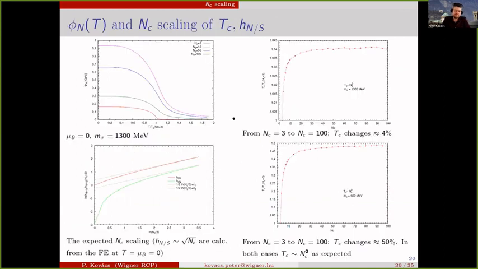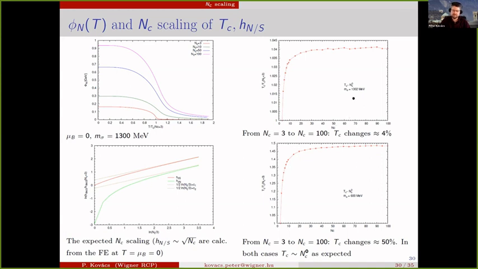Here are some initial results. This is the non-strange condensate. As we go up with Nc, the transition gets smoother and smoother. But as expected in other models, for instance the non-generalizing models or other approaches, the pseudo-critical temperature at zero baryochemical potential scales with Nc to the power of 0, so it should be constant. We can see there is some initial change with smaller Nc, but for larger Nc we see a constant value.